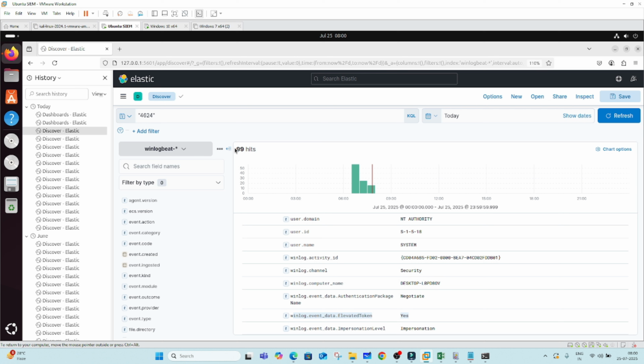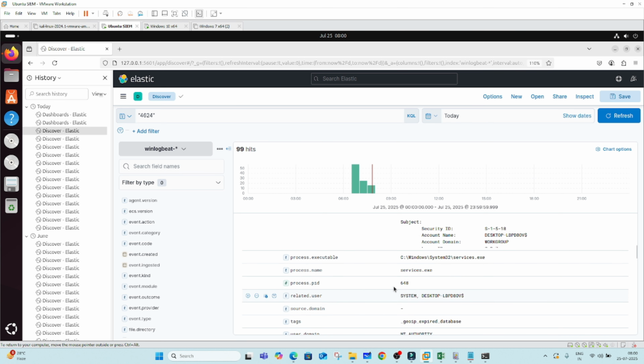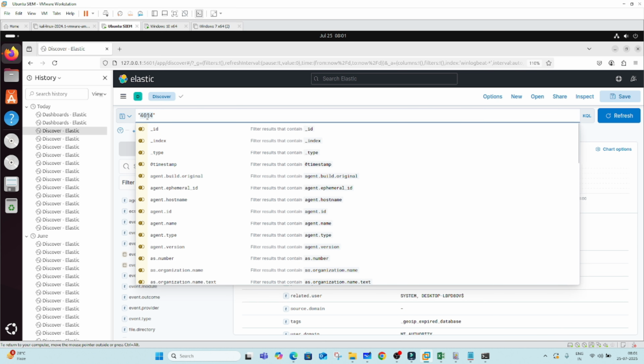So this Windows log shows that the built-in system account logged in automatically as part of a background service using services.exe, as you can see here in the process name. While this is normally safe, in cybersecurity we always monitor such logins, especially if the service name or behavior is unexpected or unauthorized. And we opened notepad.exe, right?